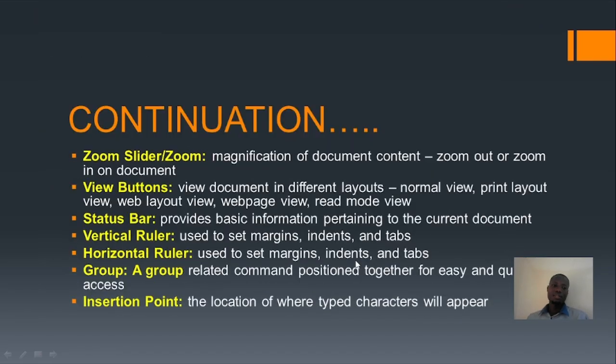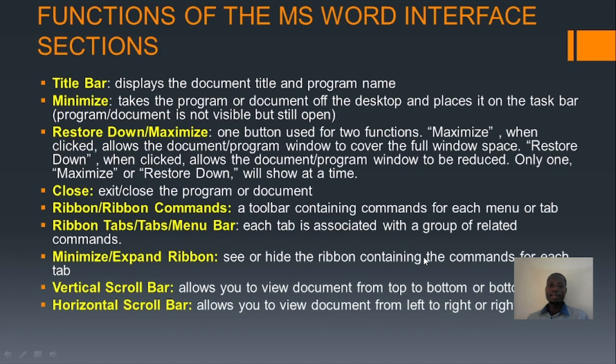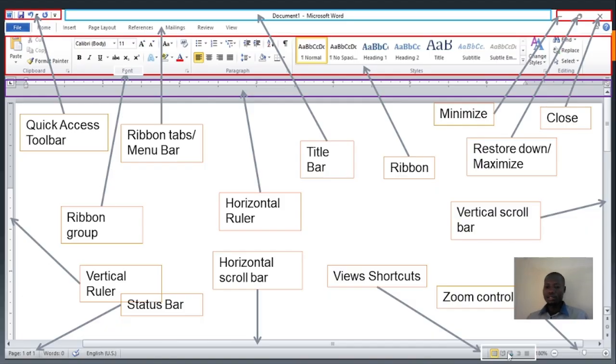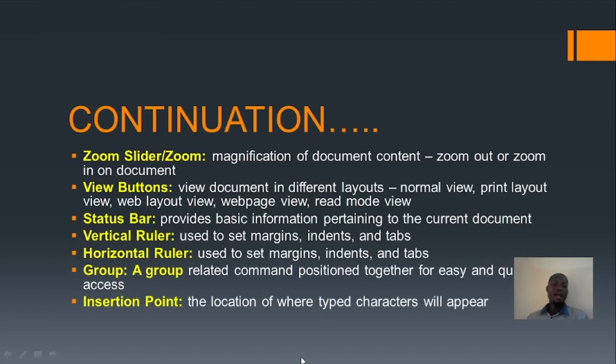Another thing is the view buttons. The view buttons help you to view different layouts of your document, for example, the print layout, the web layout or web page view, reading mode, etc. So this is where it is. These are the view shortcuts or the view controls. You can see here the print layout view has been selected, and also we have other kinds of view, like the second one, which is reading mode, right? And then we have